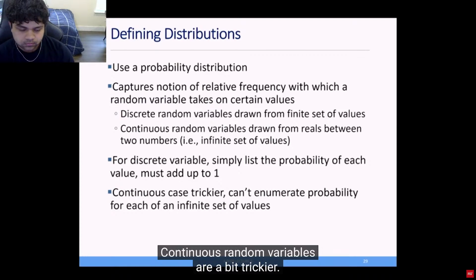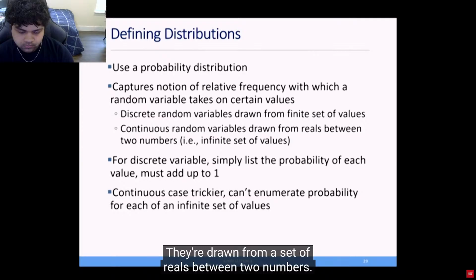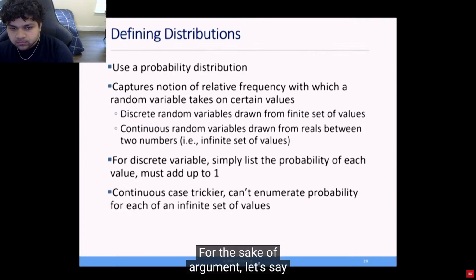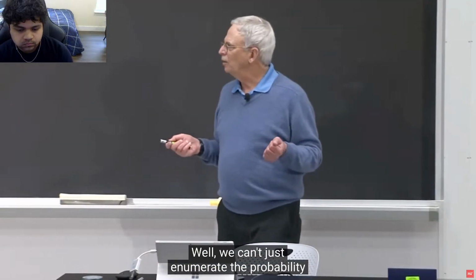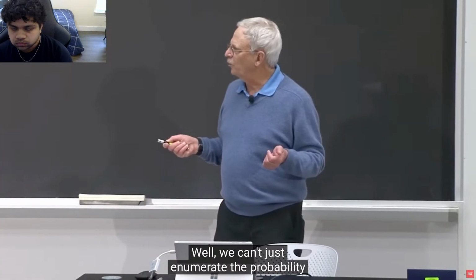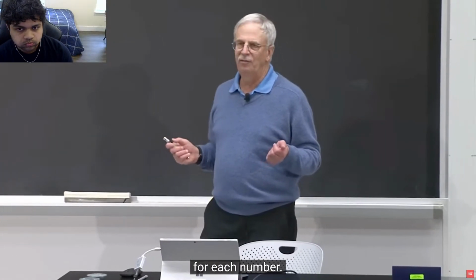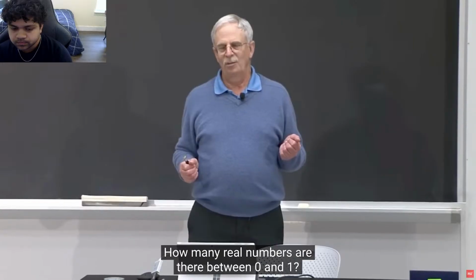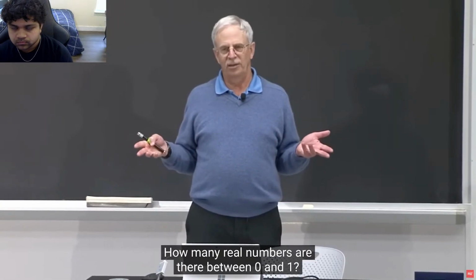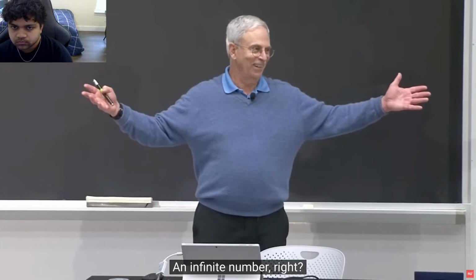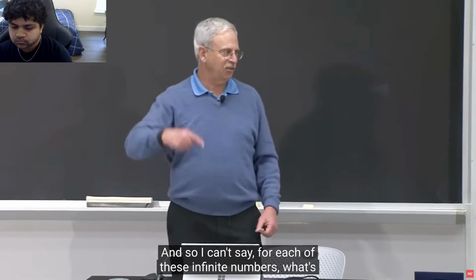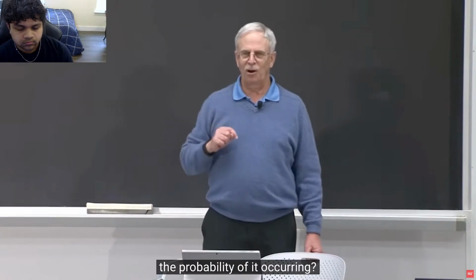Continuous random variables are a bit trickier. They're drawn from a set of reals between two numbers. For the sake of argument, let's say those two numbers are 0 and 1. Well, we can't just enumerate the probability for each number. How many real numbers are there between 0 and 1? An infinite number, right? And so I can't say for each of these infinite numbers what's the probability of it